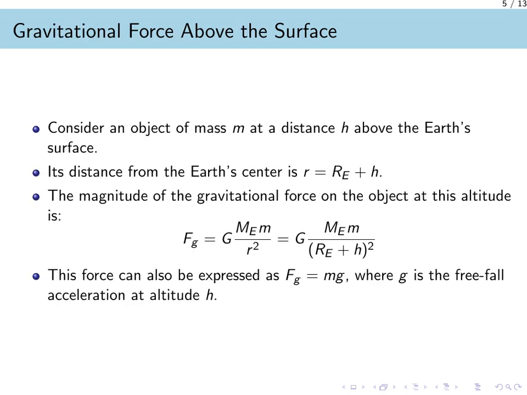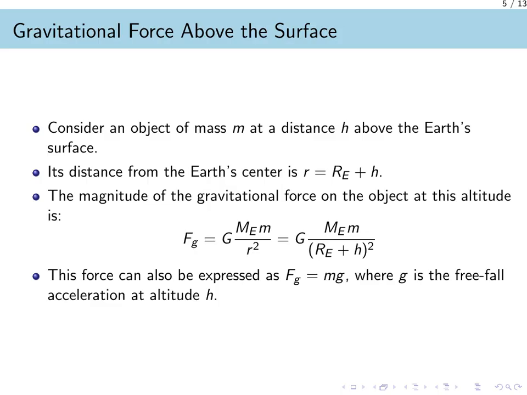Let us now see how the gravitational force changes when an object is at some altitude above the Earth's surface. This is important because it shows that the acceleration due to gravity, g, is not a universal constant, but depends on your location. Imagine an object, like a satellite, at a height above the ground. The law of universal gravitation depends on the distance between the centers of the two masses. So the distance r we must use in the formula is the Earth's radius, R sub E, plus the altitude